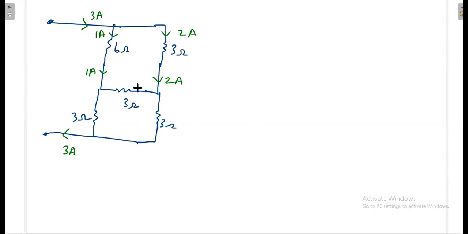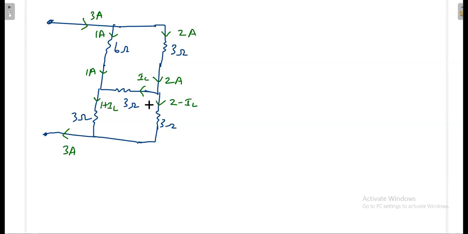But I know from the experience, the current is finally going to flow in this direction, because when I marked in the opposite way, I got negative current. That means that really the current is going from right to left. So I can mark this as a load current that I do not know for a moment. So simply I'm taking IL. If it is IL, what is the current that will flow here? Simply 1 plus IL. Then what is the current will flow here? 2 minus IL.